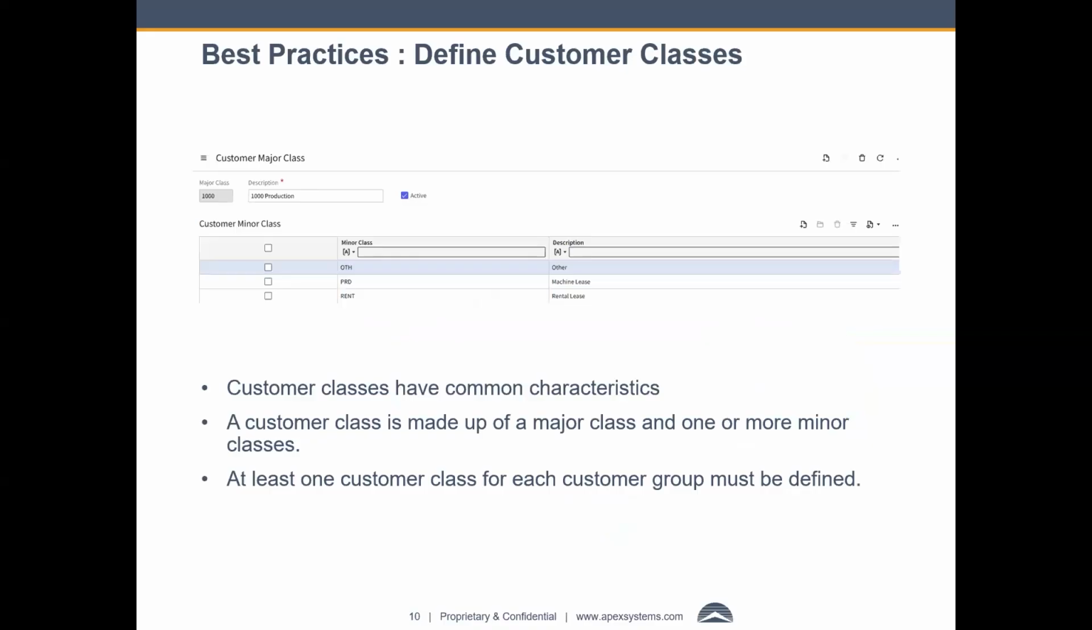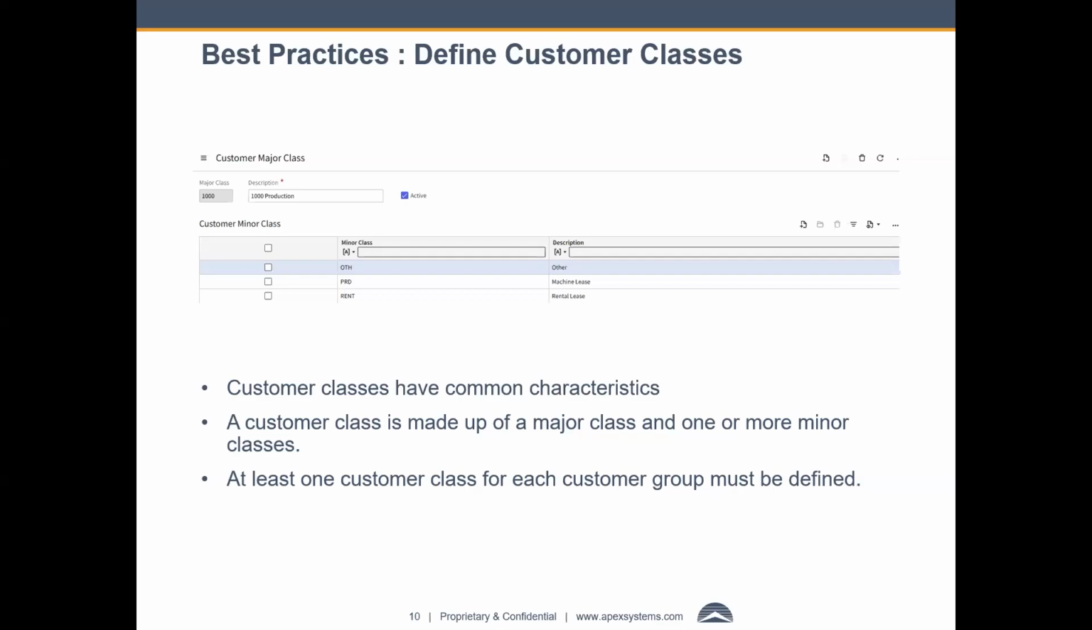Defining customer classes. Customer classes have common characteristics. A customer class is made up of a major class and one or more minor classes. At least one customer class for each customer group must be defined. Leveraging customer classes in FSM enhances operational efficiency